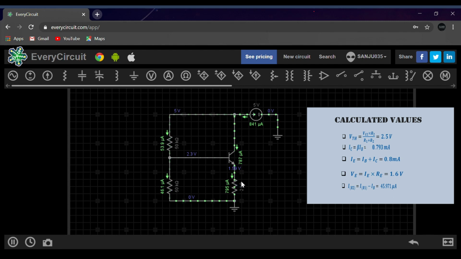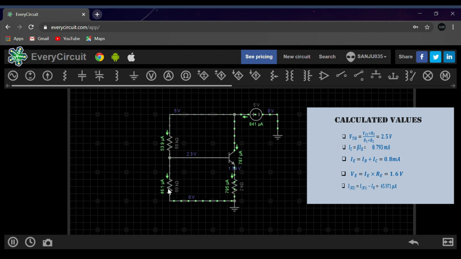Now let us see the VE value. The VE value is given as 1.59 volts. Our calculated value shows 1.6 volts, and hence we have proved that our calculated value is correct. Now let us check the current across R2.